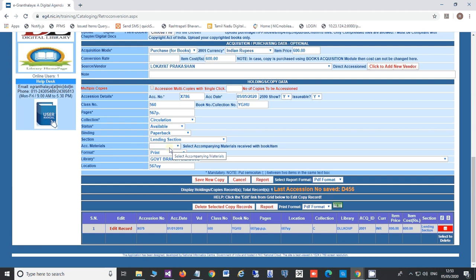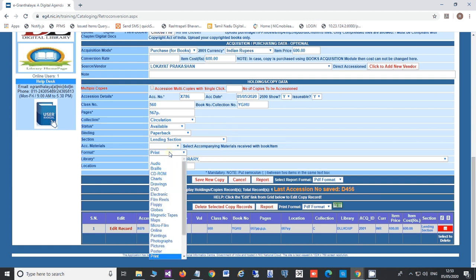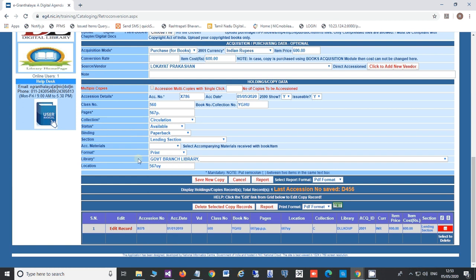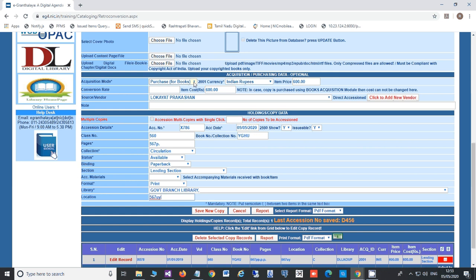Accompanying materials, in case you are receiving any materials along with the book, you can select. Format, whether this is in print format or in other format. And then location, that means shelf number or almirah number. After typing this kind of data, certainly you can type your purchasing data also.